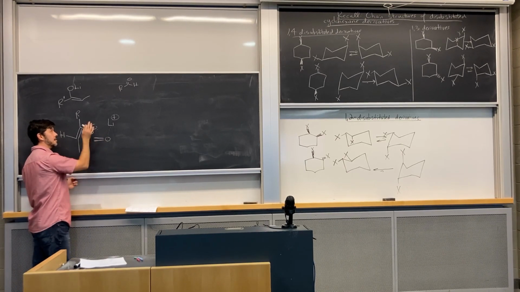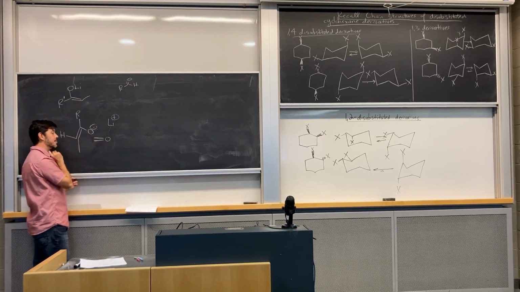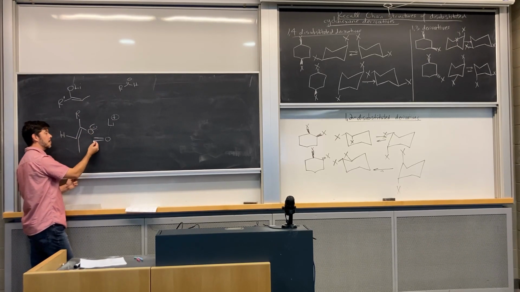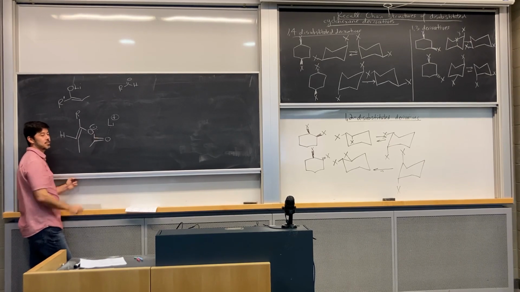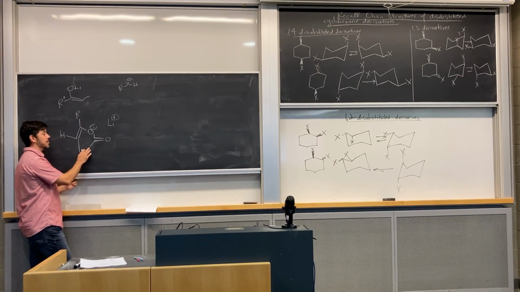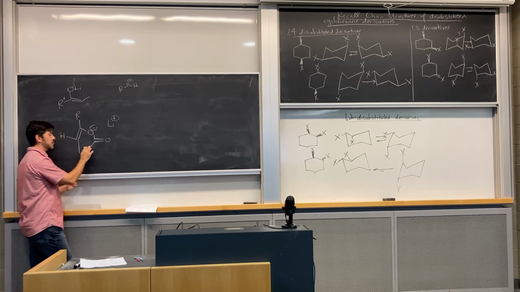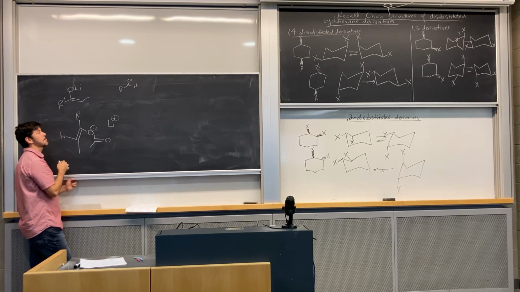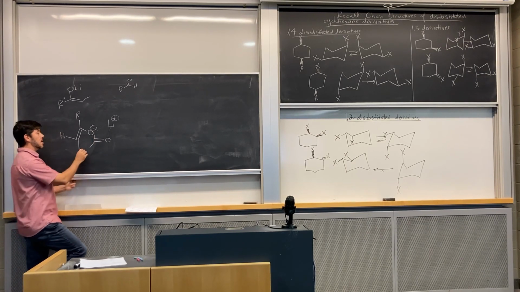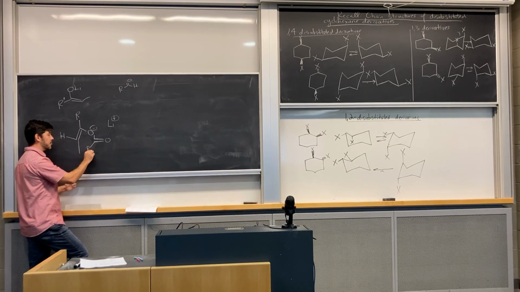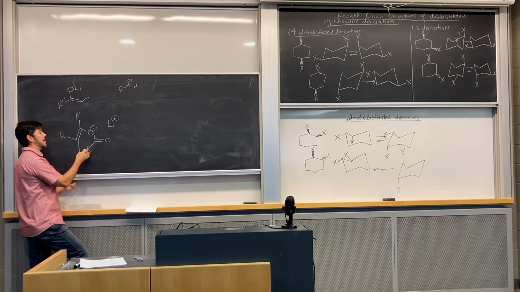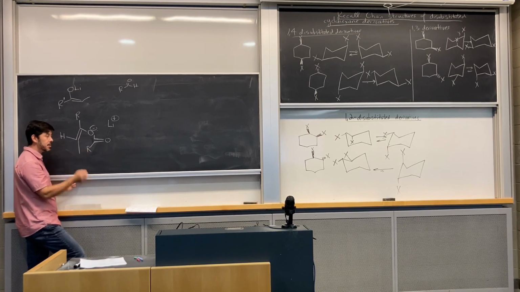So when I'm placing the R group and the H group, if we can imagine a chair structure, we have a couple of choices here. We can put a group here like this in the equatorial position, or we can put a group here in the axial position. What would be more favorable? Putting the R group in the equatorial position or the axial position? Since the R group is going to be much bigger, it's going to be much more favorable to put that in the equatorial position and put that small hydrogen